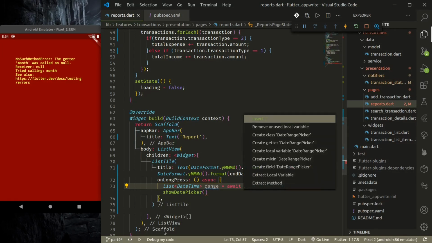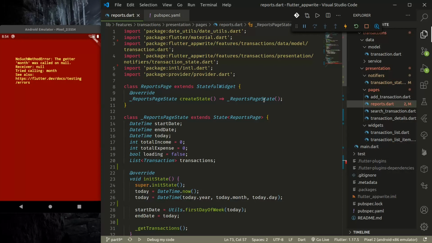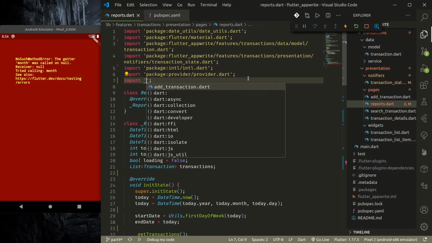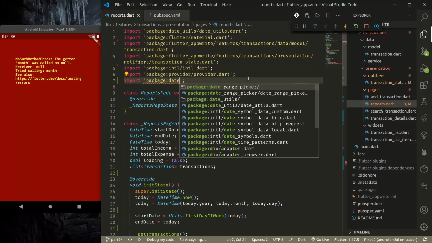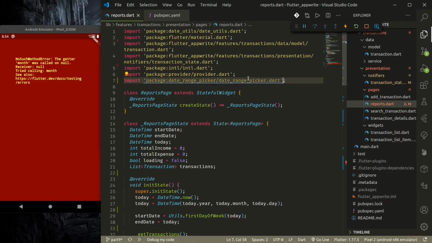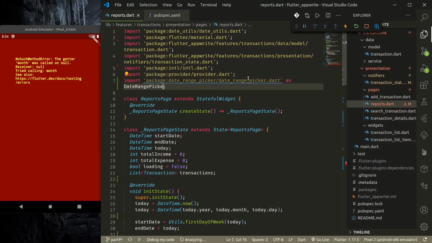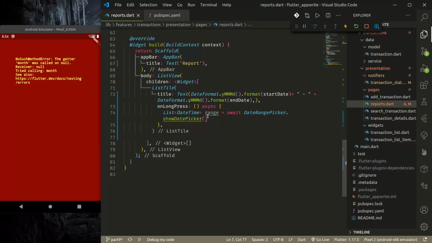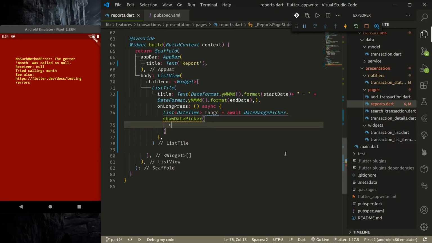Let's import this DateRangePicker. Sorry, we need to import. So import DateRangePicker as DateRangePicker. Now we can use this to show date picker, and this will require a few parameters: